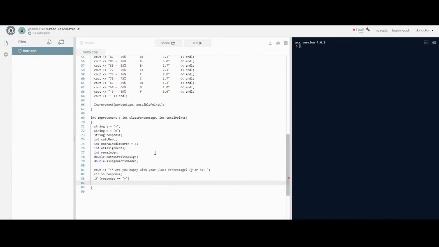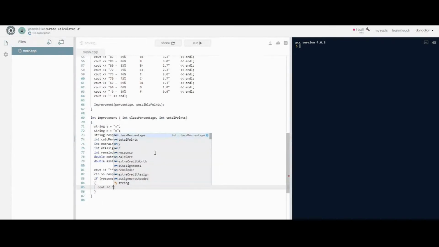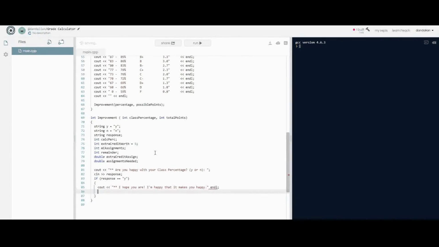So now we're going to also declare extra credit assignments, which is the number of assignments you're going to need, and the remainder. We're going to use double for extra credit assignment and double for assignment needed because we want that in decimal form. We're going to ask the user, are you happy with your class percentage